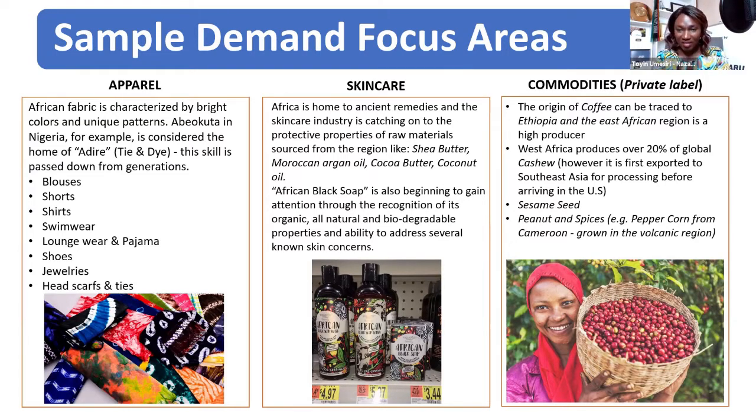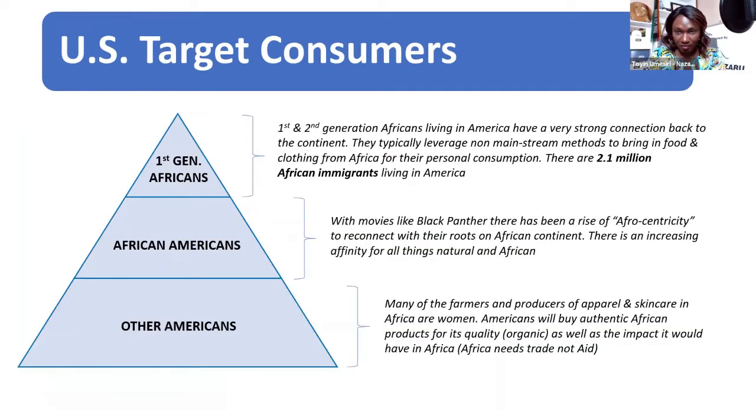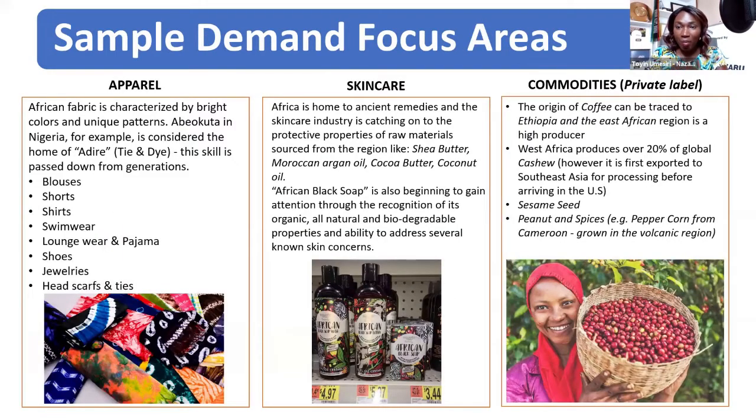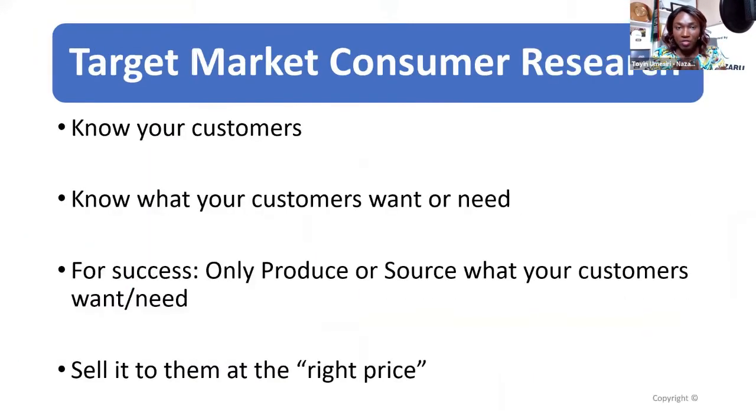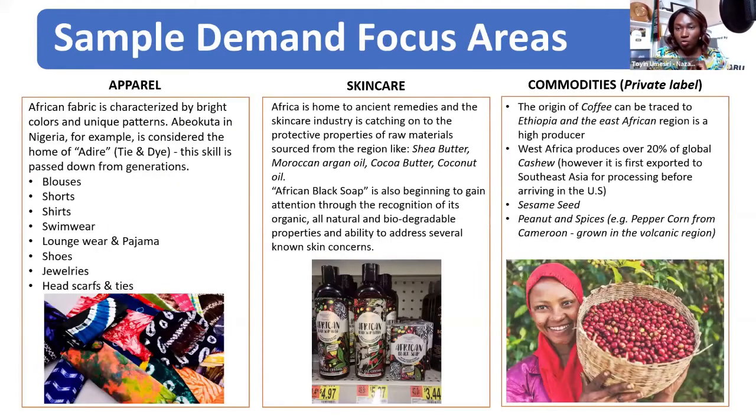These 3 areas are immediate areas where Africa can be winning like today. You can't go wrong in this space. But remember, match this to this. So when I tell you to bring commodities, you need to remember what I said on the previous slide: know your customers. Ask yourself, who would eat the cashew? Is it raw cashew, processed cashew, or packaged cashew? The demand is high in the US.